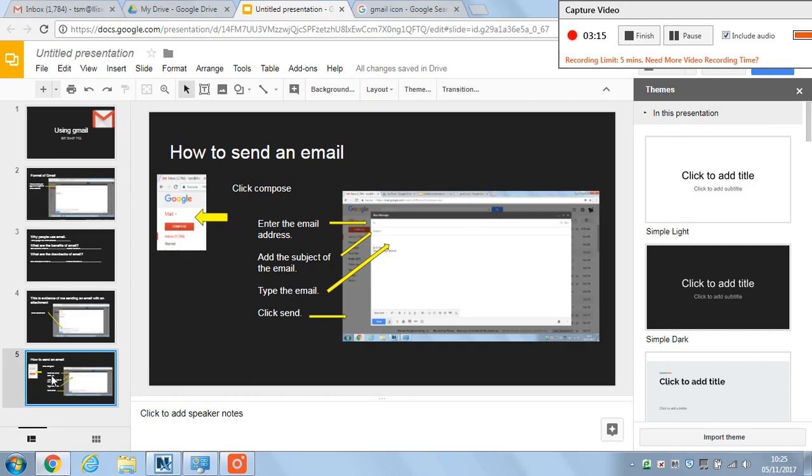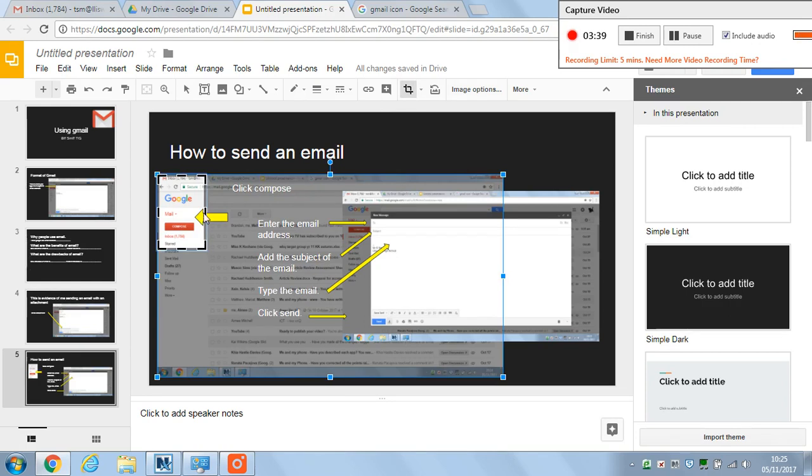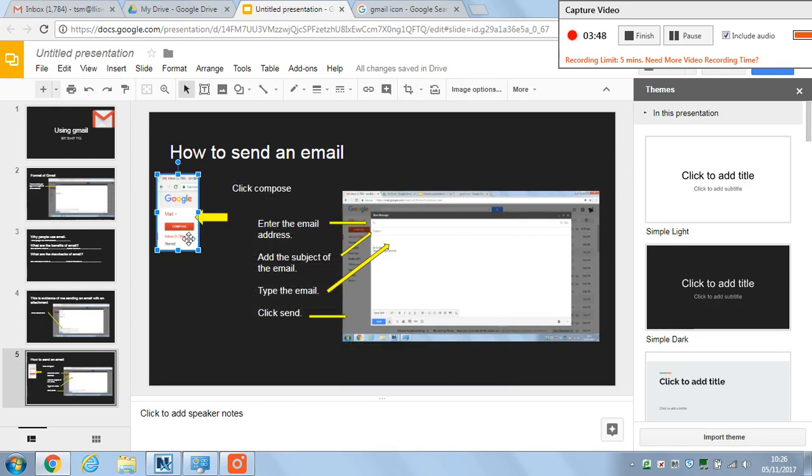Then I want to see you put a guide together showing people how to use different features of Gmail. So the first item on the list is how to send an email. So again I've taken a screenshot and I've cropped part of an image using my crop tool. Using the crop tool you can crop down images to the components or the parts that you want. So I've used my crop tool, arrows and text boxes to label, and show people how to send an